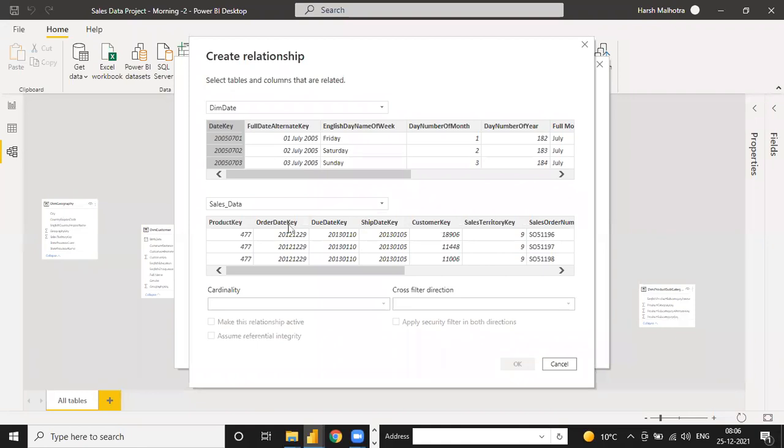This depends on your scenario, on whichever method your company follows. Your company follows accrual accounting or cash basis accounting, so this depends on your company. But right now I'm going to use order date. Generally, about 90% of companies use order date or transactional date. It means order date is different, transaction date is different, due date is different, and ship date is different. Most companies use order date or transaction date, but 10% of companies use due date.